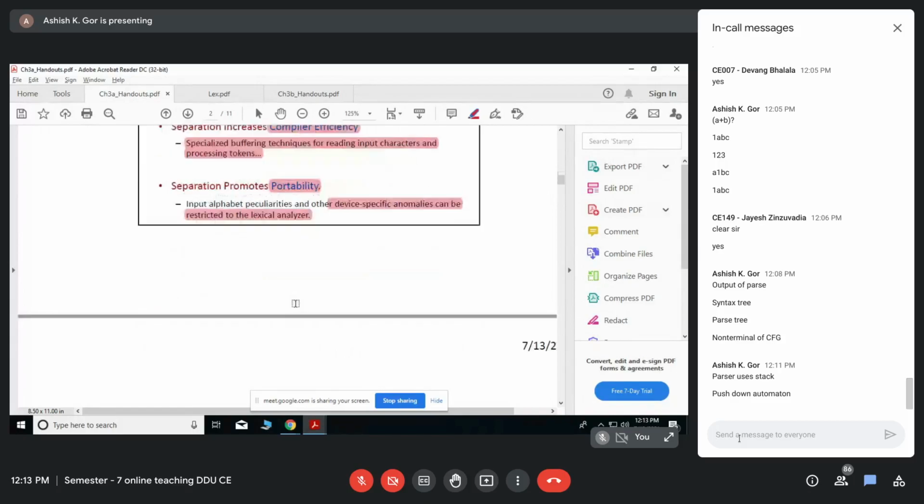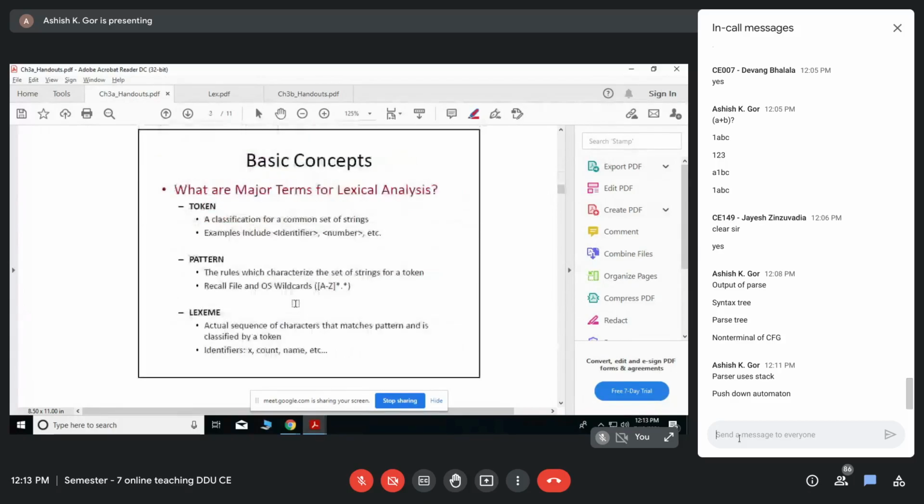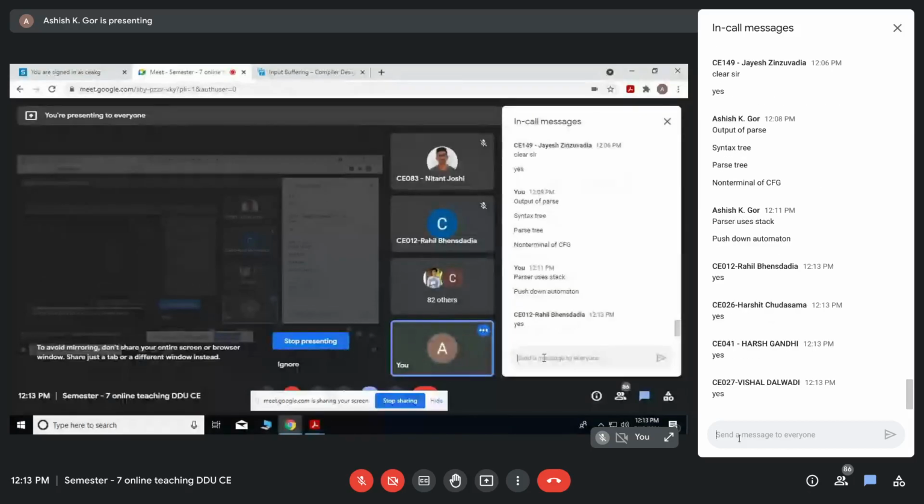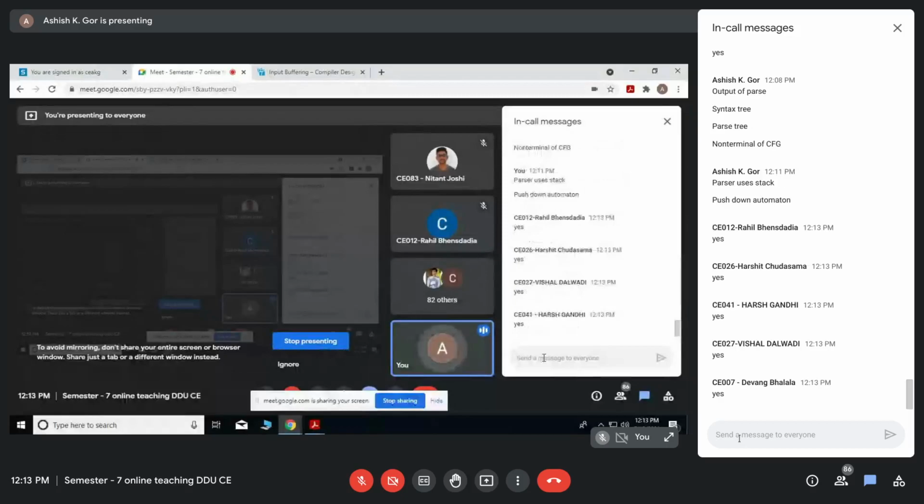I hope everybody got the reasons for the separation of these two things. Yes, if you are making a toy compiler, then it's fine to do this together, because in projects sometimes people make toy compilers which work for simpler cases. It is okay to combine these two things then. But an actual compiler does this cooperatively, and the responsibilities are separated.